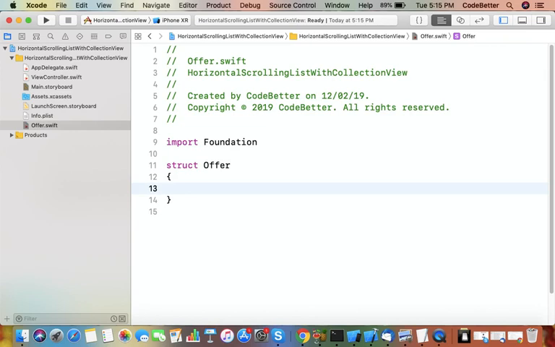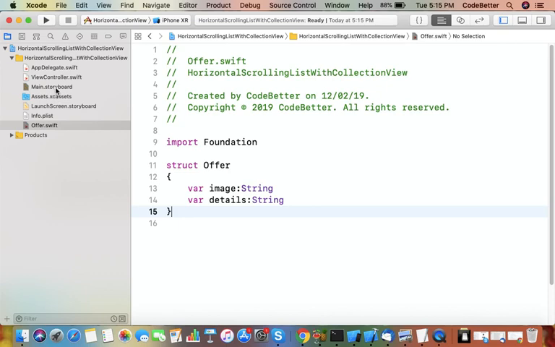One is image, which is the name of the image, and details, which is also a string. So we store the image name and details of the offer we want to display.